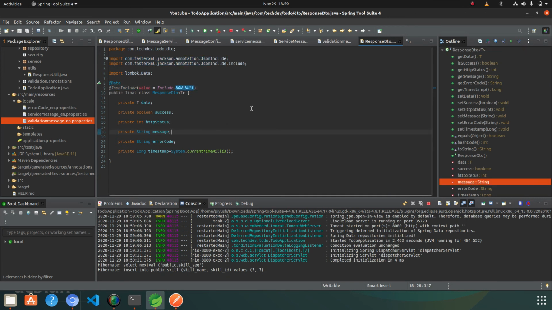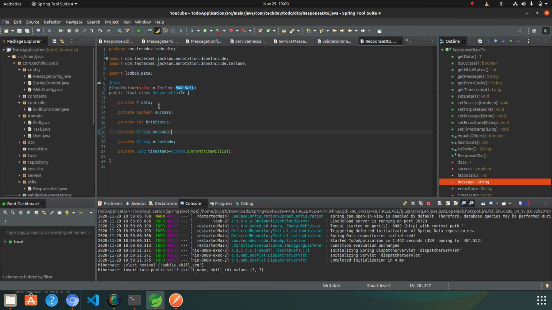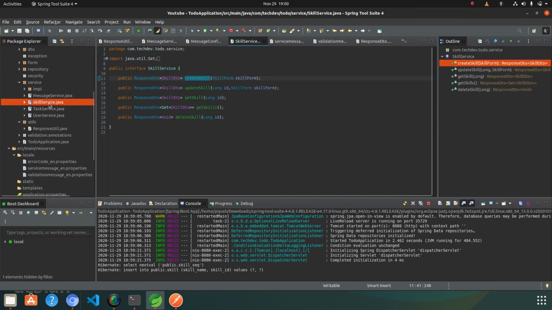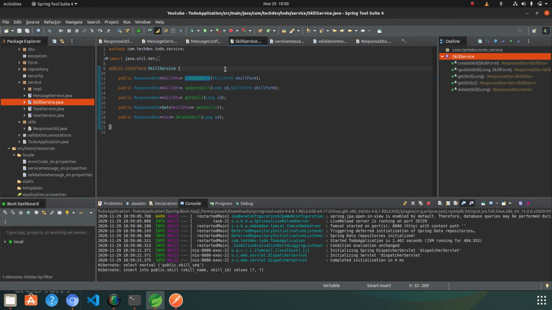After that, there is one more thing I need to clear up, which I have not informed you about yet. You can see in the service class we have the skill service, and on every interface method which is related to saving or updating the data inside the table, we basically need transaction management.